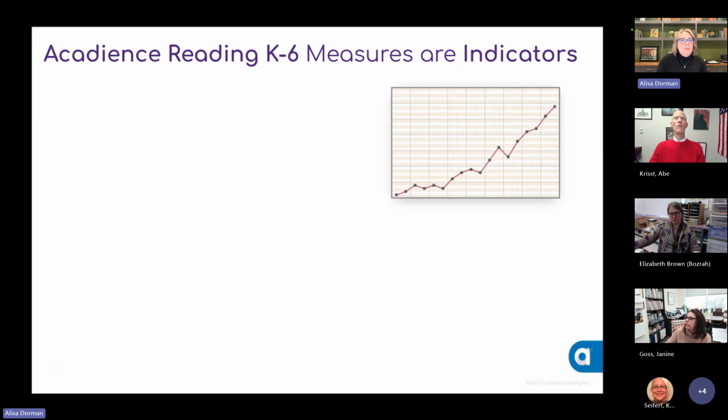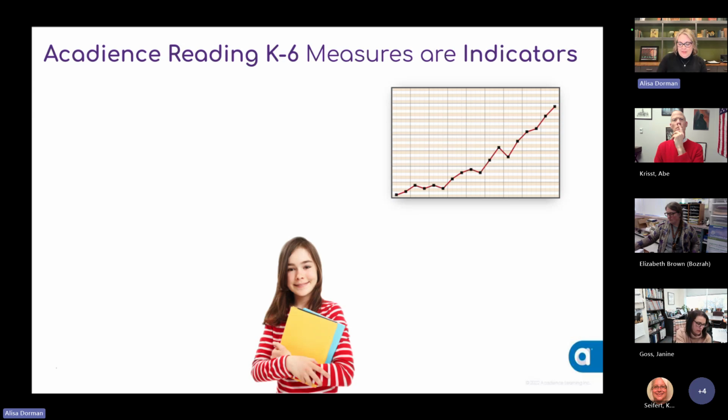I like to also talk about Acadients, again, briefly as an indicator, meaning not unlike medical models where we use indicators of health and general well-being, like seen here. We might use a graph that would represent the performance of a student. Like in the medical model, we would use indicators like height or weight to chart growth. And we can look at that individually in the way a thermometer tells us if we have a temperature. We can see if a reading indicator measure tells us that we have an opportunity to focus our attention and support towards a student in a skill area.